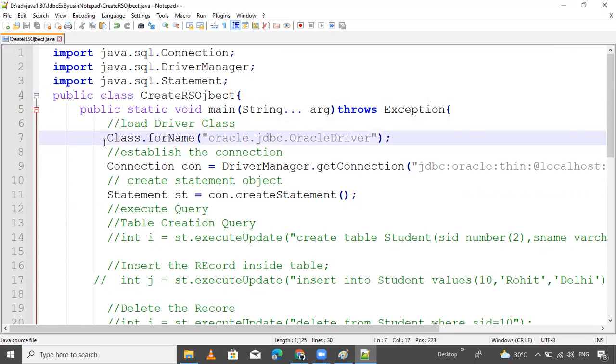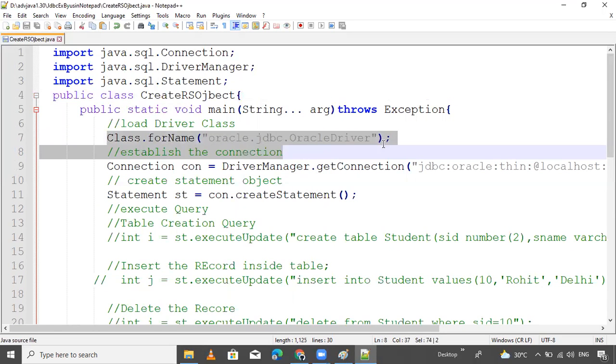This is compulsory, but nowadays it is not compulsory. If you want, you can comment it. If you want it loaded, load it. If you don't want, then leave this statement.